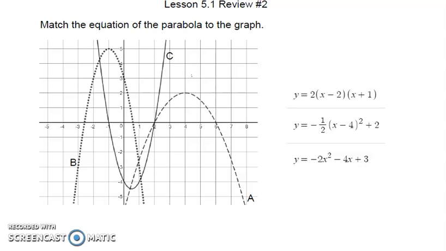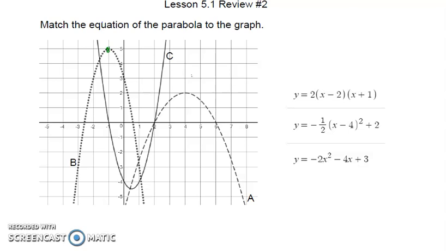At this point, we have not covered every technique for factoring or every technique for vertex form or standard form. So please understand, when matching these, it might require us to use a guess and test. So I would suggest looking for some of those common points that we've discussed that would lead us to an equation. For example, in problem